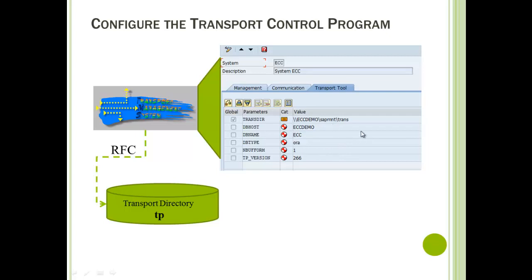which we also know as the configuration file and the TP profile file, which is saved in the transport directory inside bin, that is TP_domain name.PFL. And please remember, the PFL file should not be edited using any operating system editors. As we have seen before, when we go to the particular directory, you are able to view or you are able to edit this file. If you go to SAP system,